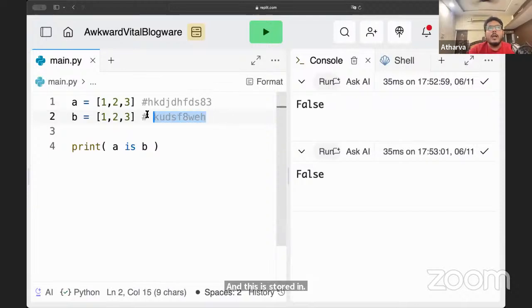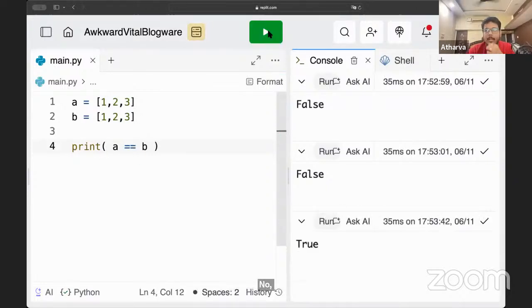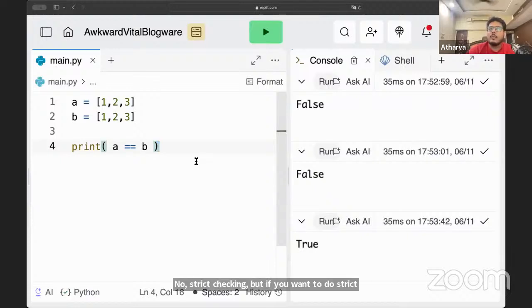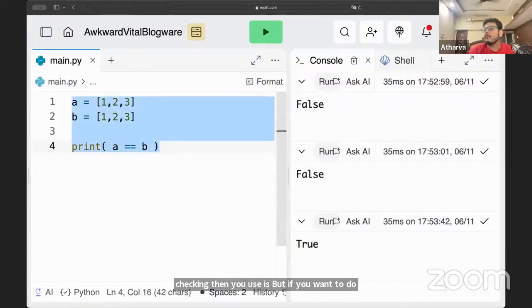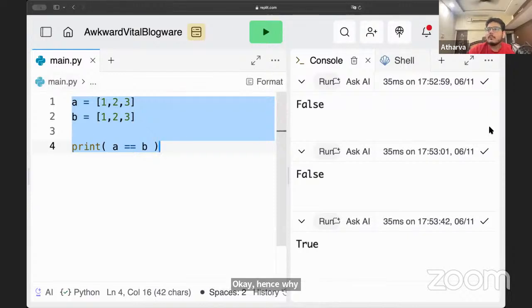However, if you use double equals, then you can call it equal because that is non-strict checking. But if you want strict checking, you use is. If you want non-strict checking, you use double equals. Hence this will be false.